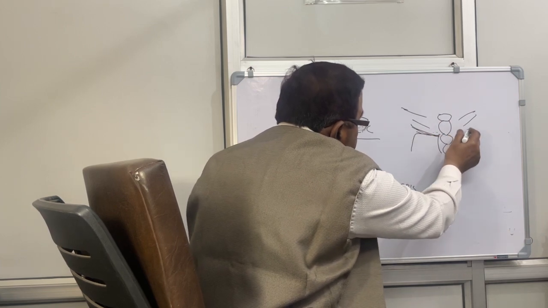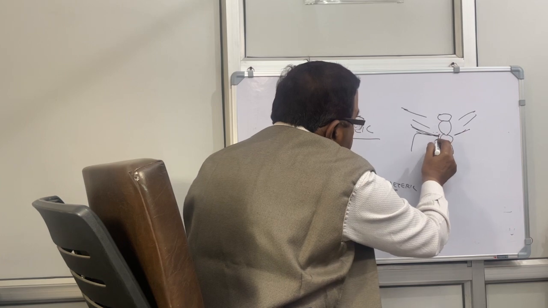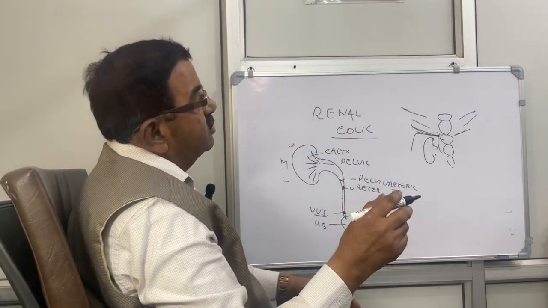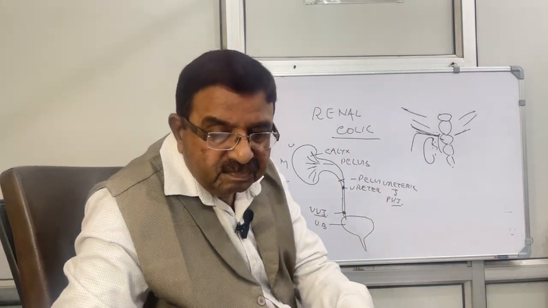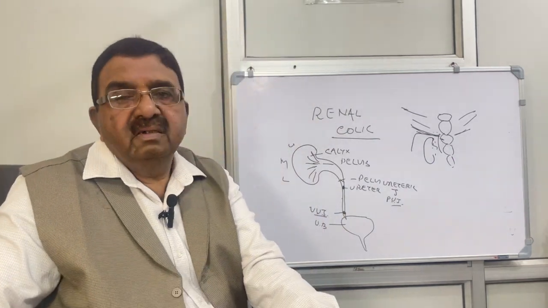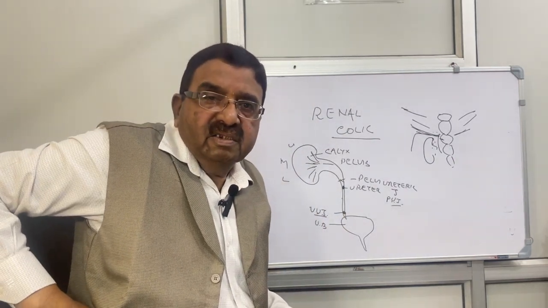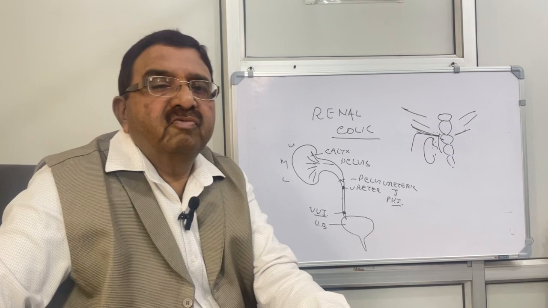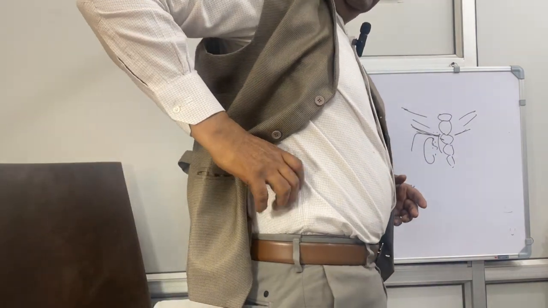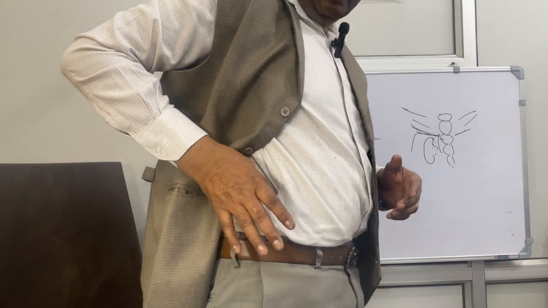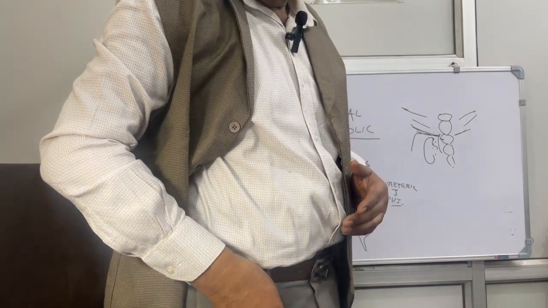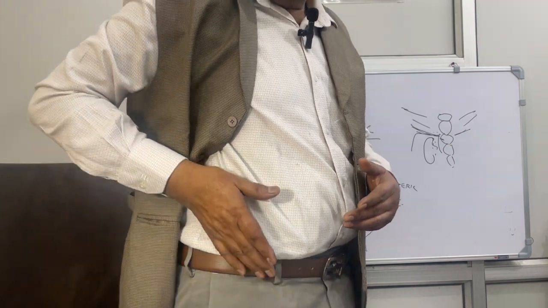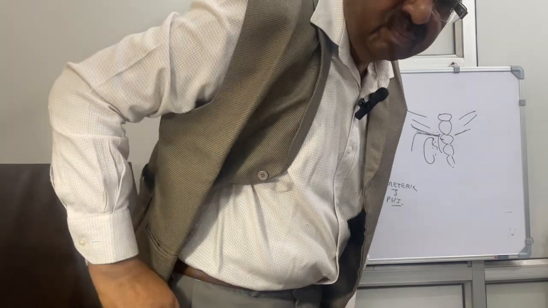Here the ribs end. And this is the vertebrae. This is the area of the kidney. So the pain starts from the costovertebral angle in the back and runs along the anterior abdominal wall. Now see, this is the costovertebral angle here. It starts from here and goes down like this into the anterior part of the abdomen up to the groin,